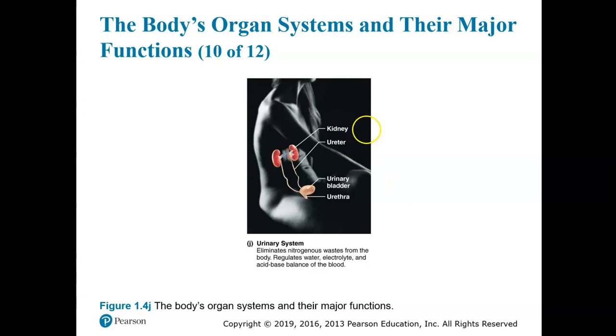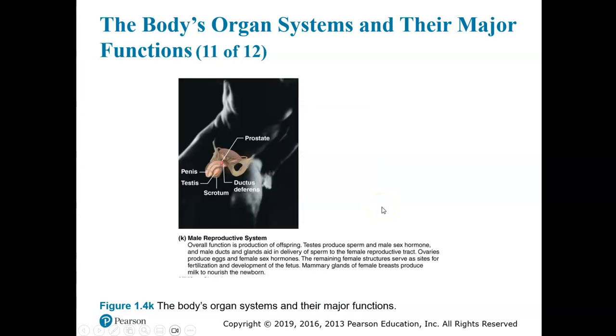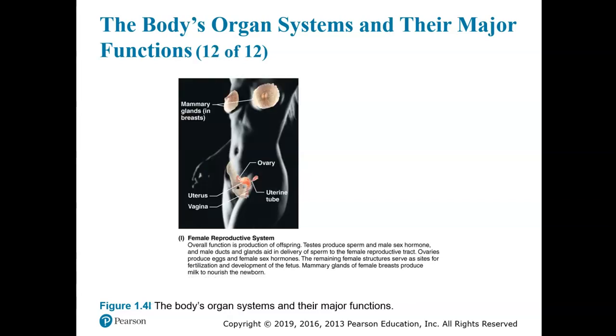The urinary system is the kidneys, the ureters, the urinary bladder, and the urethra. The male reproductive system consists of the testes, the scrotum, which is the sac that holds the testes, the penis, the prostate gland, the vas deferens or ductus deferens, which is what gets tied off if a man has a vasectomy. The female reproductive system also includes the mammary glands in the breast, and the ovaries, the uterus, the fallopian tubes or uterine tubes, the vagina,